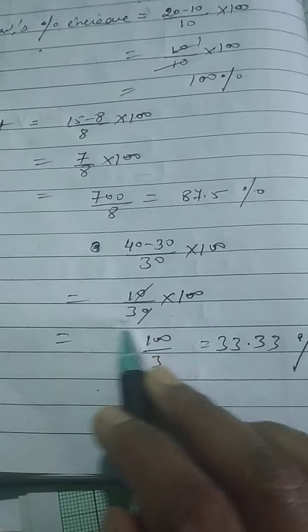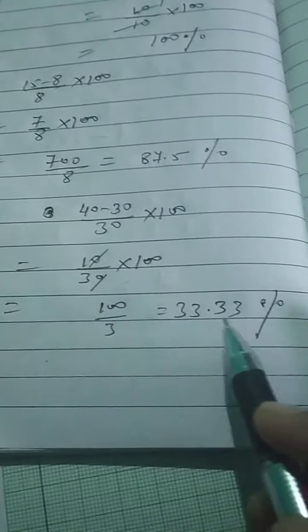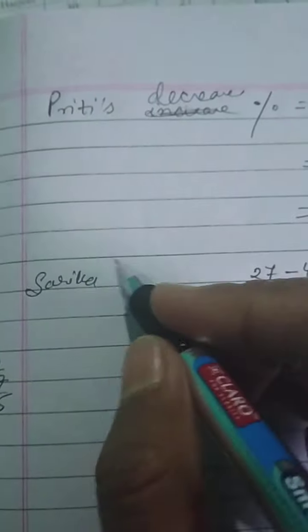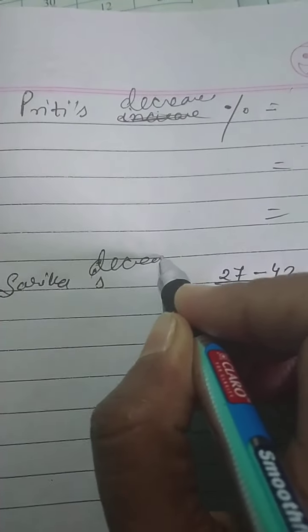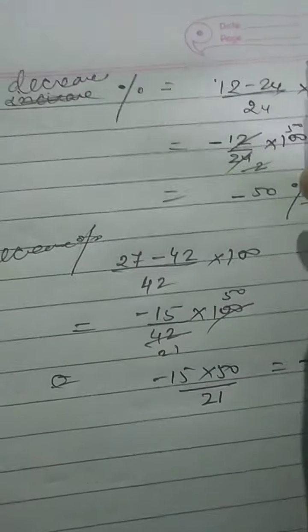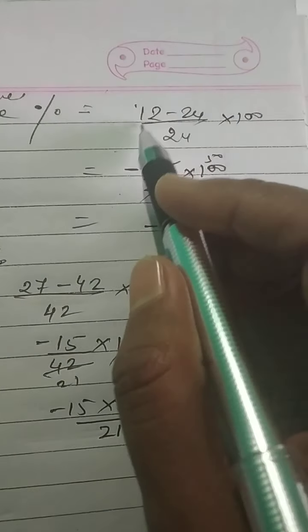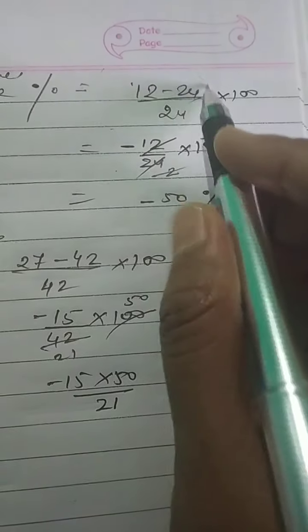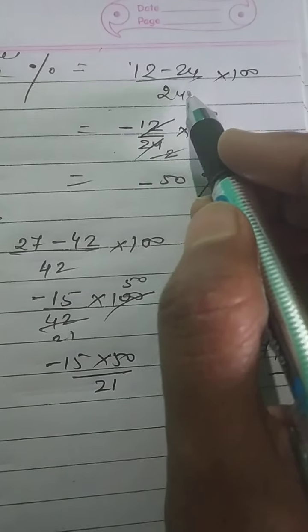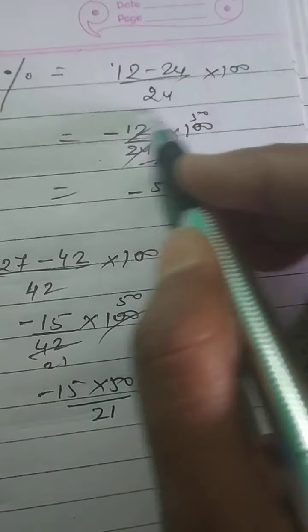First test marks you have to write down. Okay, now take out 33.33%. But in the case of Preeti, not an increase but a decrease percentage. In the case of Sarika also there will be a decrease percentage, because both marks in the second test show a downfall. So you can find 12 minus 24 by 24, or you can do 24 minus 12 also. But down you have to write the marks of the first test and just cancel it out.